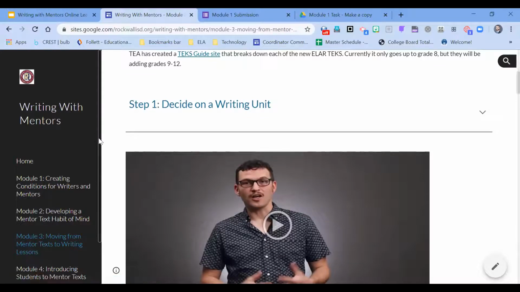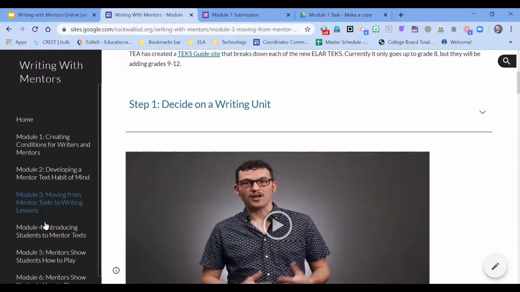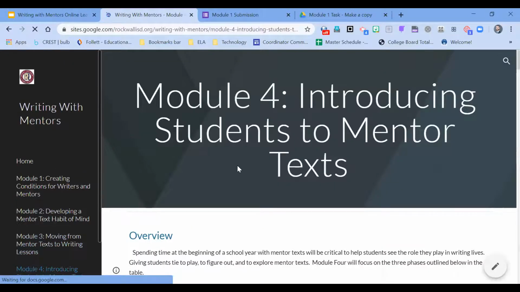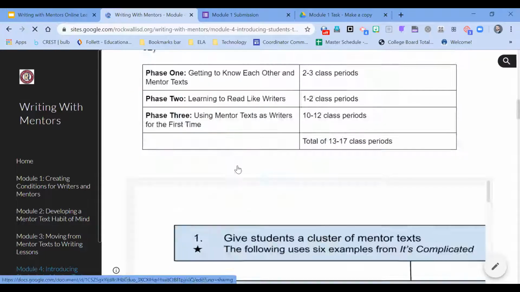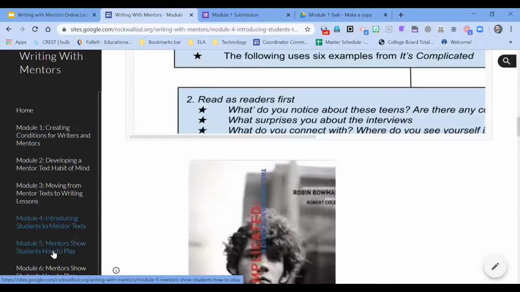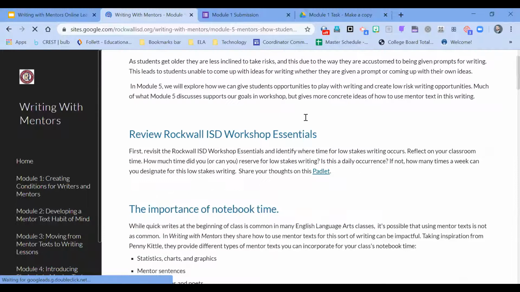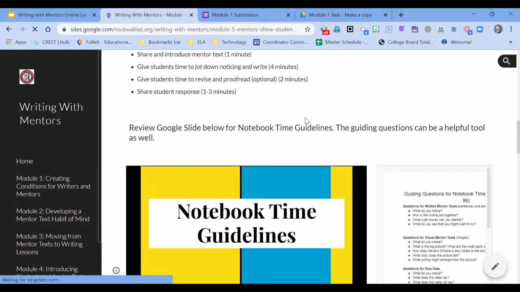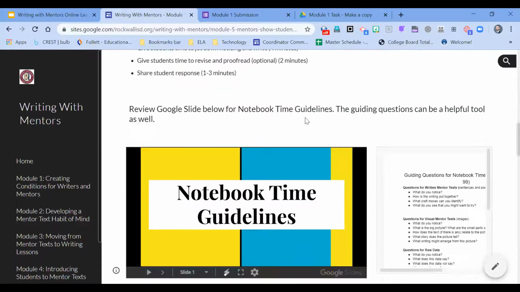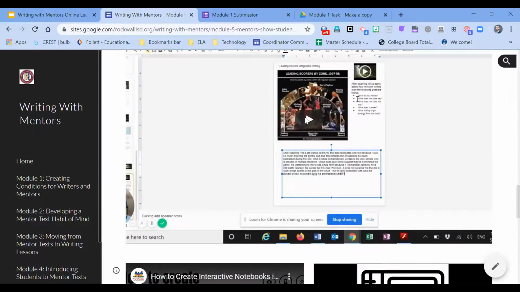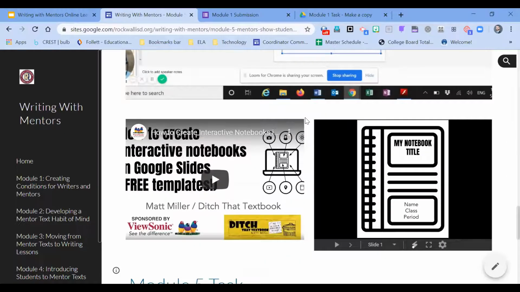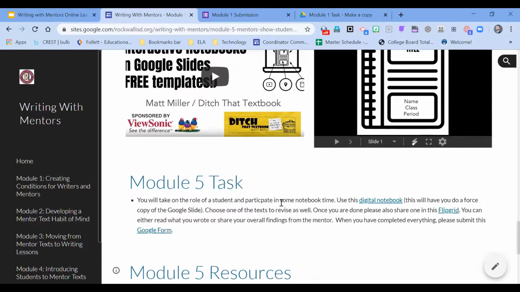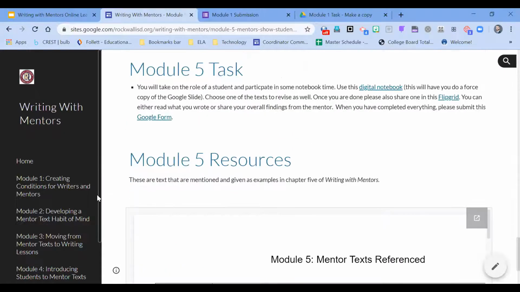And if you're doing the 6 hours, once you've done module 3, you're done. I would encourage you, though, if you're at all interested, to just kind of explore module 4 and module 5. Just so you know, in module 5, I believe it's module 5, I share a template of what a digital writer's notebook could look like. And I know that's something that a lot of teachers used during the online learning. So if you want to learn more about doing a digital notebook, by all means, look at it.